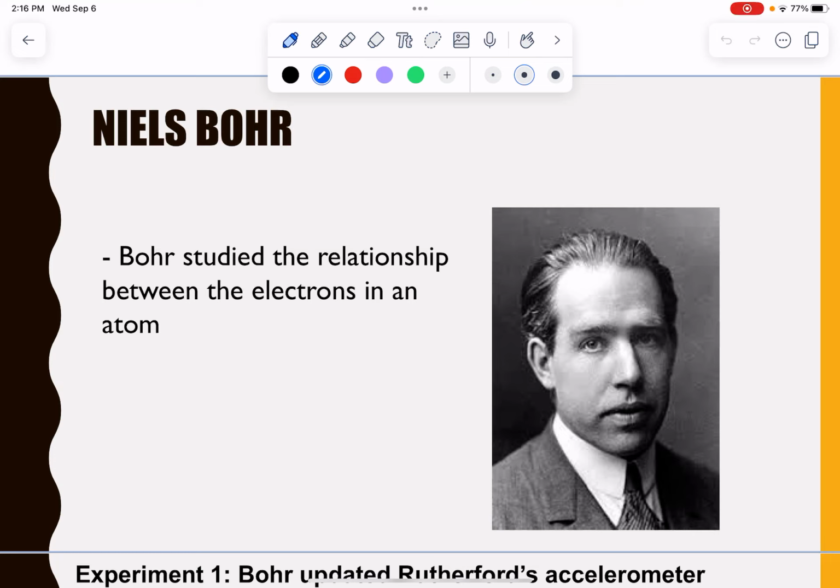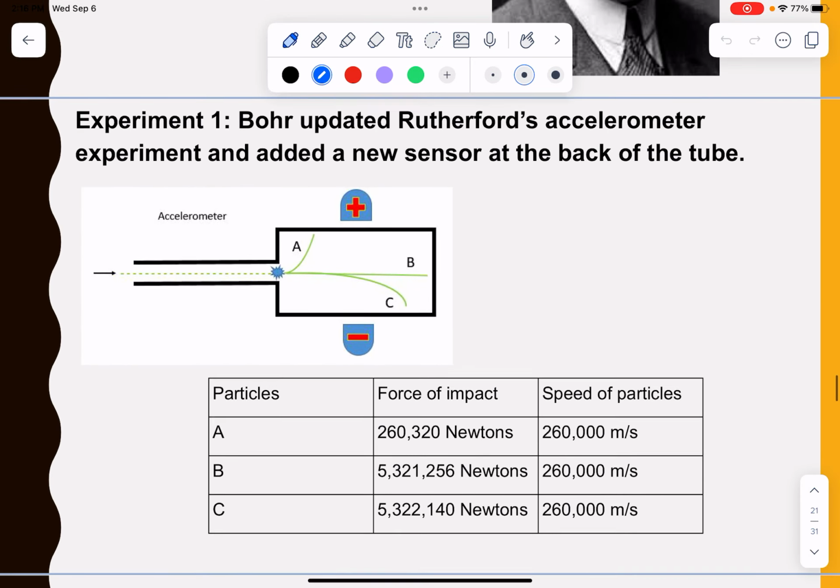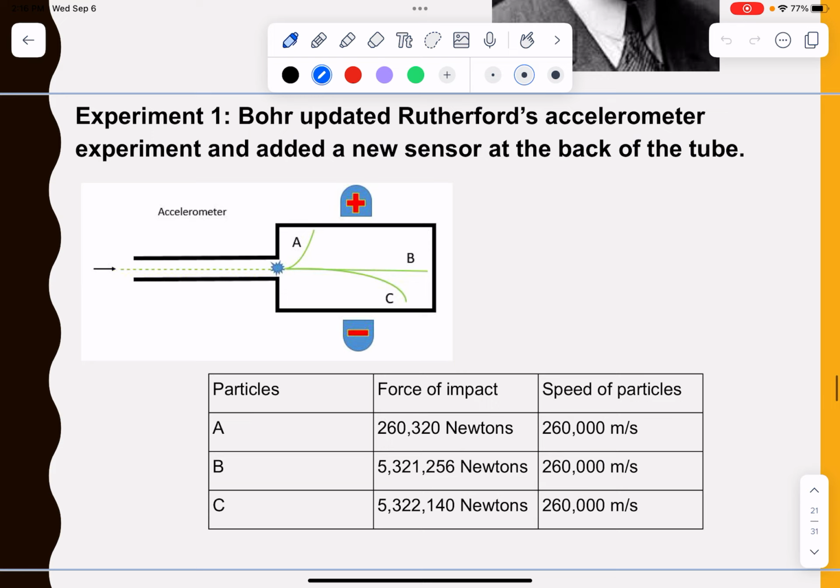All right, Mr. Niels Bohr is the next scientist that we're going to look at. And Bohr studied the relationship between electrons in an atom. He was very interested in electrons. One of the experiments that Bohr did, or other scientists with Bohr, they looked at what happens to atoms when